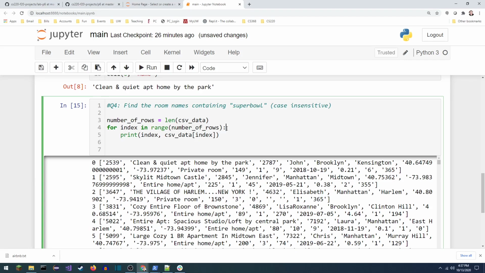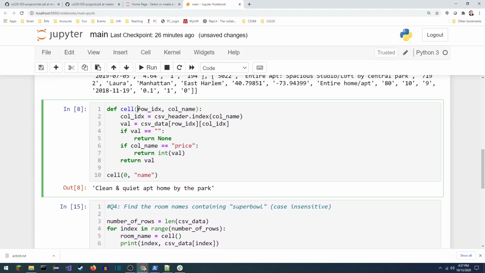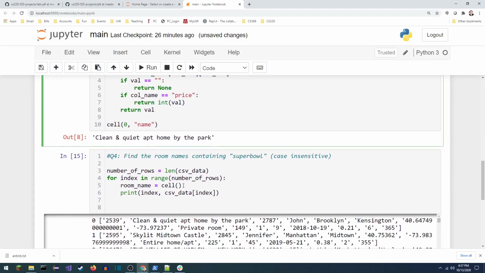And now the next thing I really need to do, we're actually finding room names. So I'm going to go ahead and get a room name. And as I go through, I'm going to get all of the room names one at a time. The room name is going to be, I'm going to use my cell function to grab the room name. And I want cell from, and if you remember, cell takes a row index and a column name. So the row index is just my index that I named right here. It's right there. And the column name is,